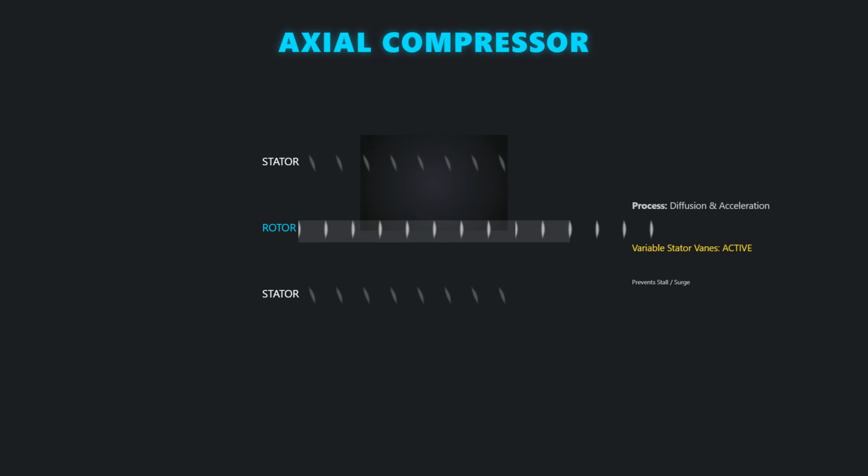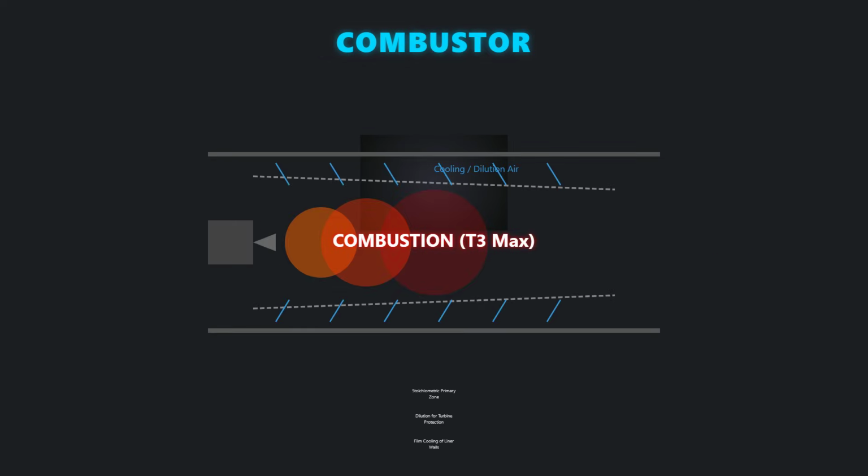Achieving high overall pressure ratios necessitates the use of variable geometry stators, particularly in the initial stages. These adjustable vanes modify the angle of attack, which is essential for preventing aerodynamic stall during low engine speeds or high-altitude operation. The combustor executes the isobaric heat addition, process 2 to 3, which establishes the critical maximum temperature limit,